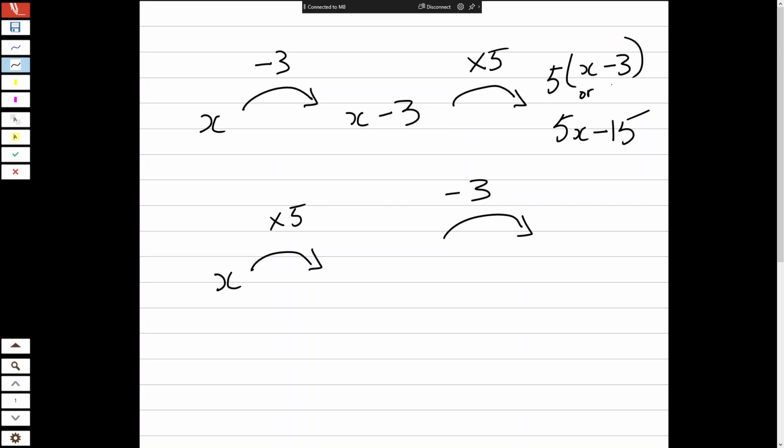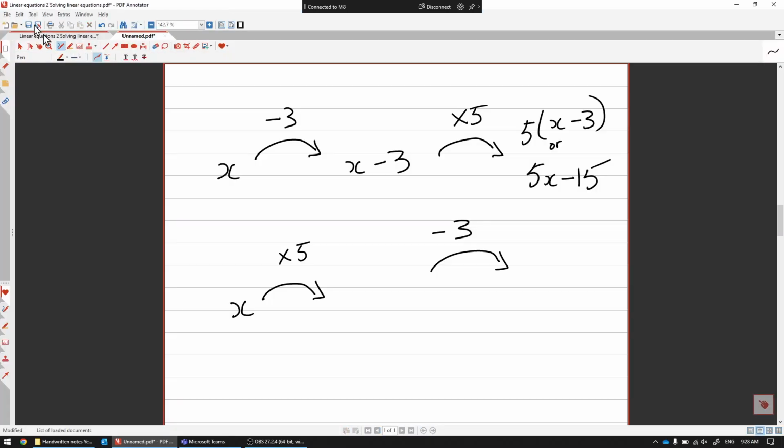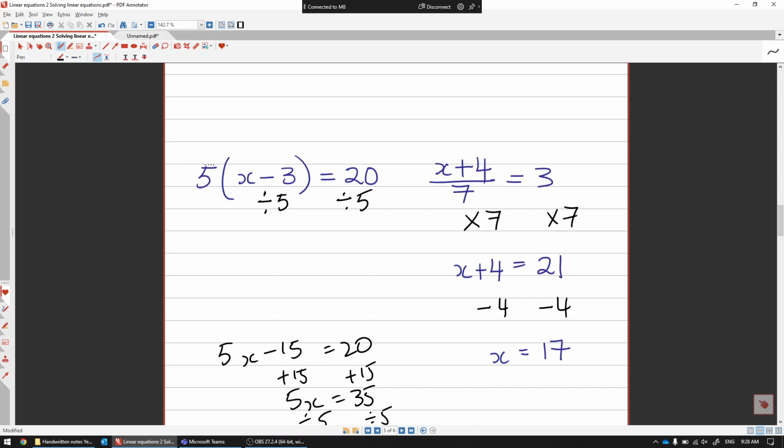When I write a number in front of brackets, that means multiplication. Is that familiar to you? Okay, so if I go back, I don't know the shortcut yet. I wonder if it's Control Tab. So here, I've started off with x minus 3, put it in brackets, and then I've multiplied by 5. If I go back now,